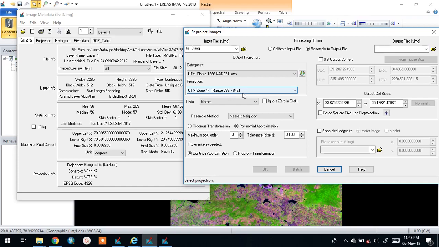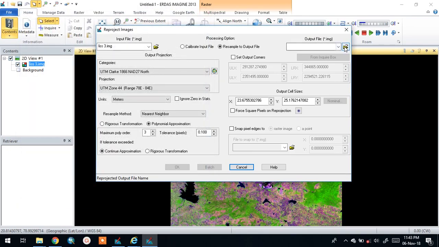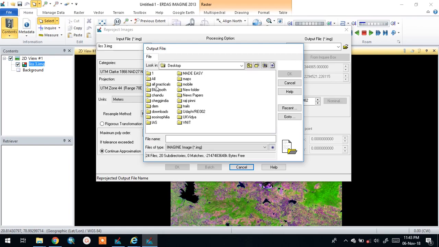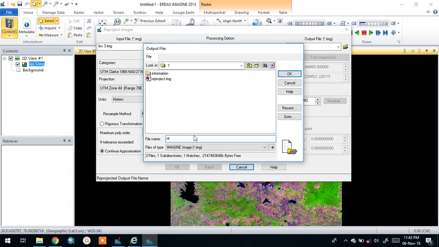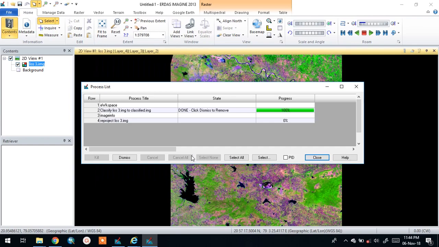It is 78 degrees east to 84 degrees east. Give the output location and click OK. When the process is completed, close it.